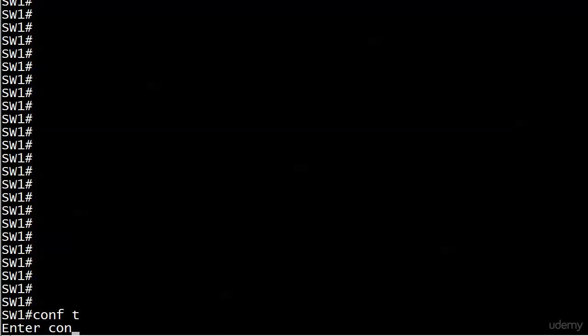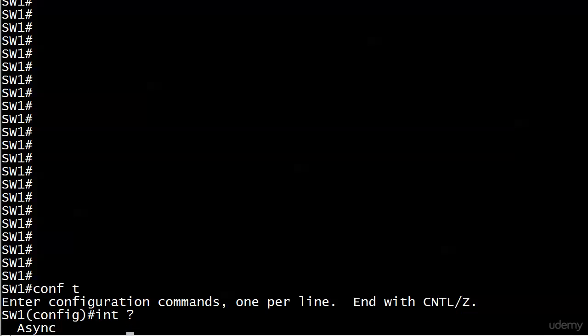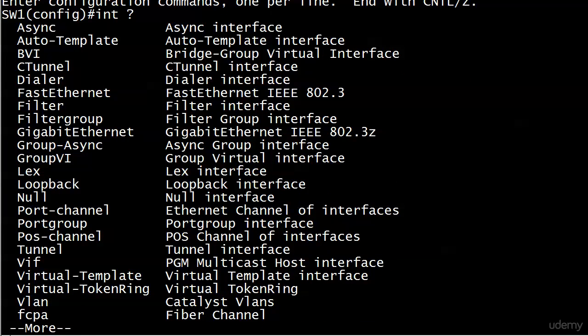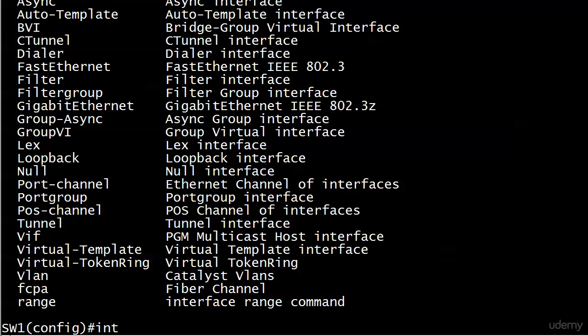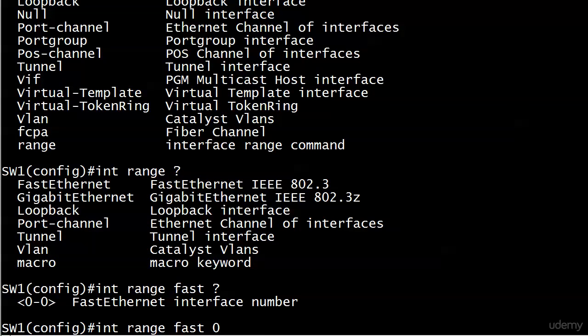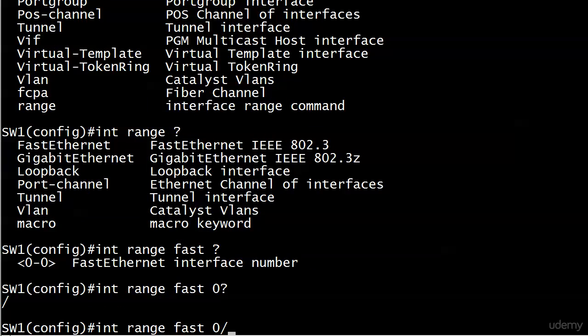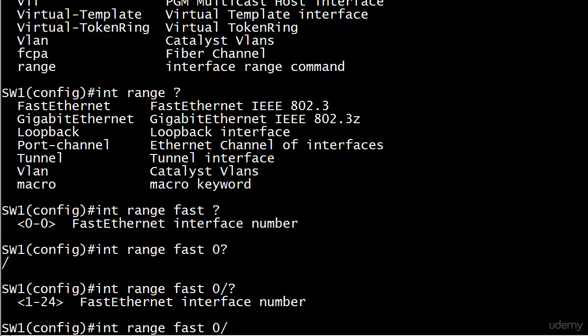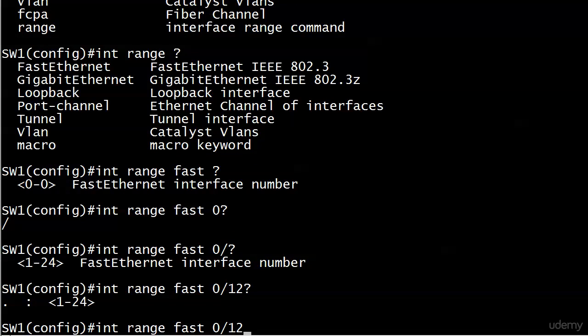It takes a little getting used to, but not a whole lot. And with interface, we see all of these interface types, and down here at the very bottom, we see range. So it's telling us about all the different kinds of interfaces we could have, and then, oh yeah, range. So it's just interface range. Then it's going to give you your little list here, and we'll go with that. Then I'm going to use IOS help to illustrate each one, and here I'm going to go with 12 to start my range, and then I can go through,